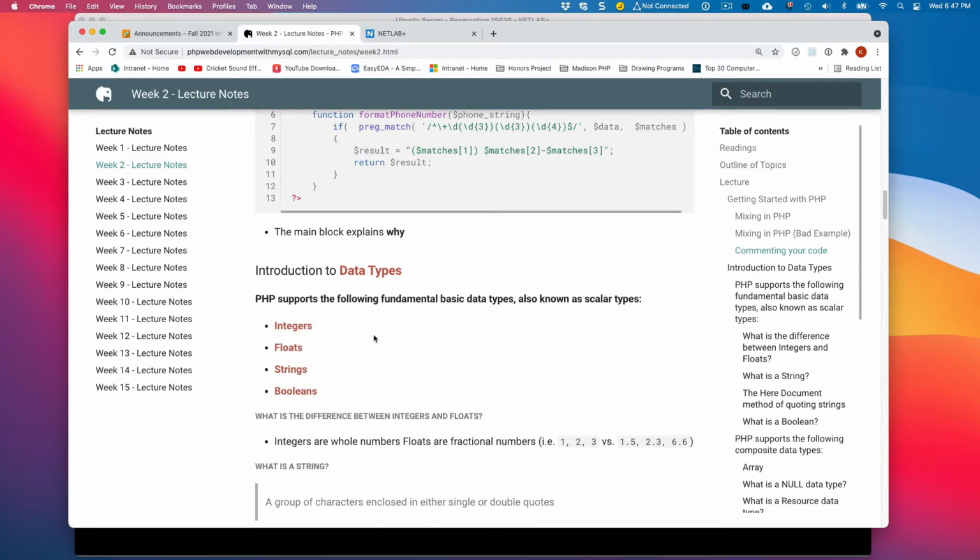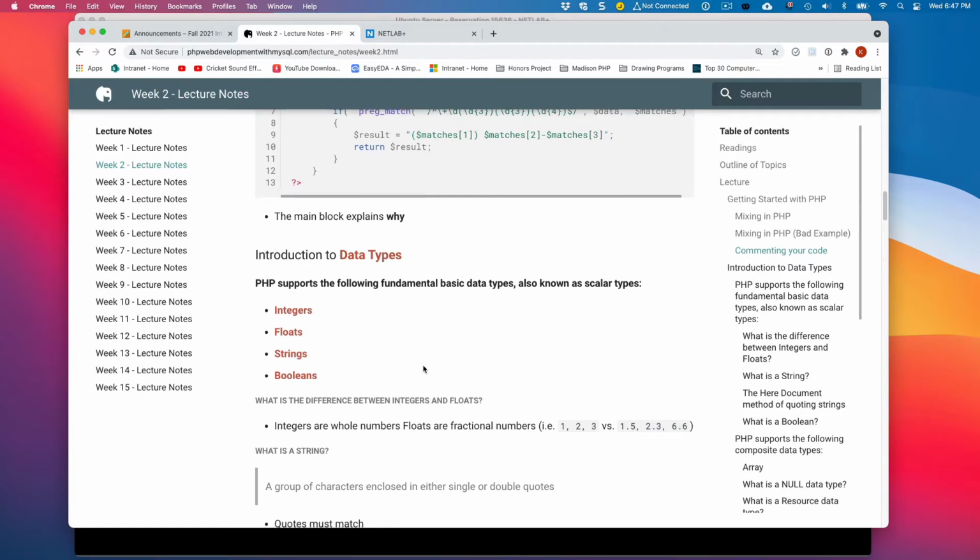And they work just as you would imagine. Last semester in JavaScript, integers and floats were grouped together in a single data type called numbers. Numbers consist of integers, which are whole numbers, and floating point, which are fractional numbers.